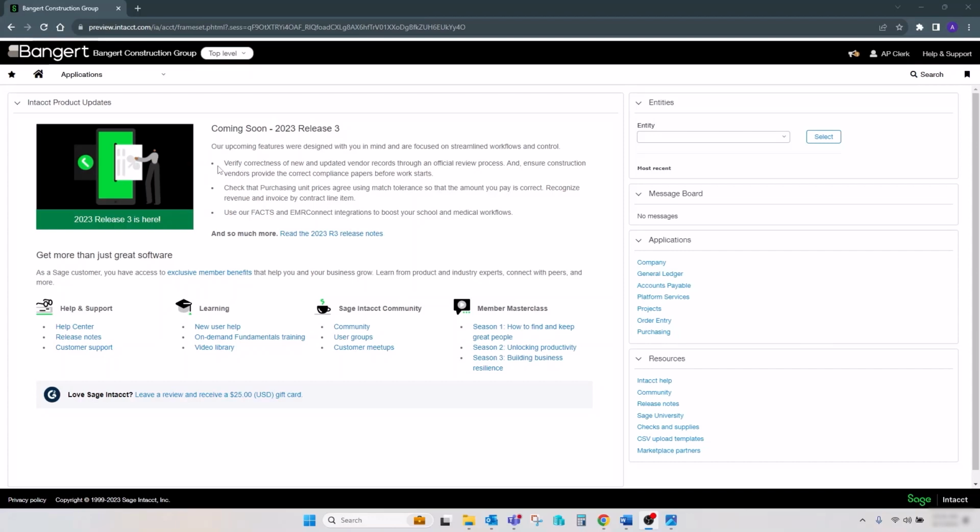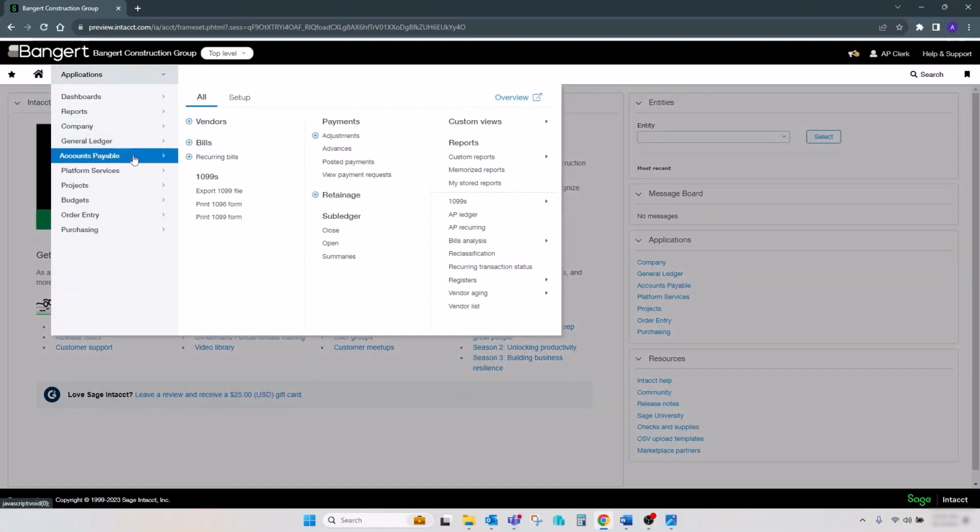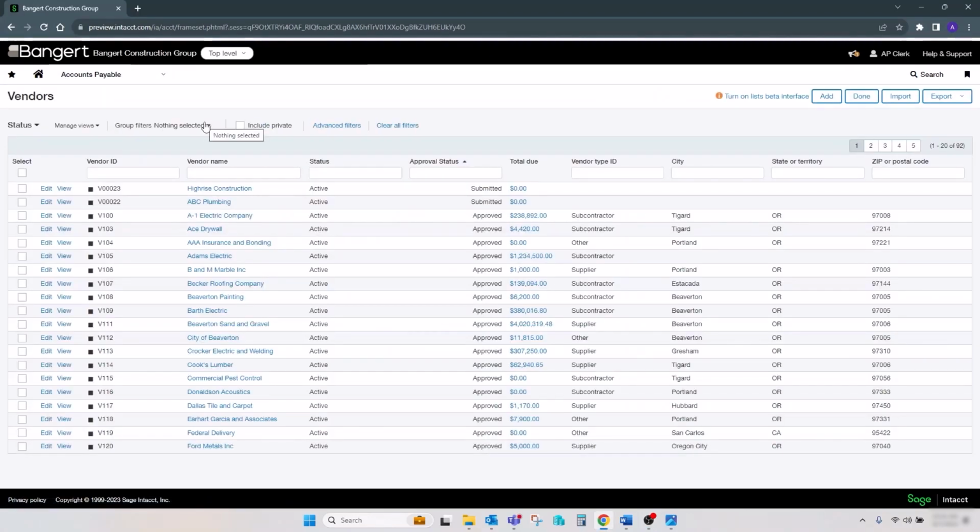So how does this feature work? Vendors can be set up in the system by users that have permission to set up new vendors. However, with the approval system turned on, those users can only submit the vendor record for approval. So we can see here on the list, on the top, 2 new vendors being created with the status submitted. At this time, new AP bills can be entered but cannot be posted before the new vendor record is approved.